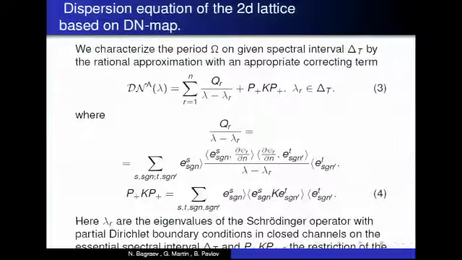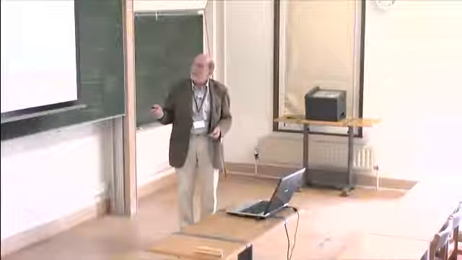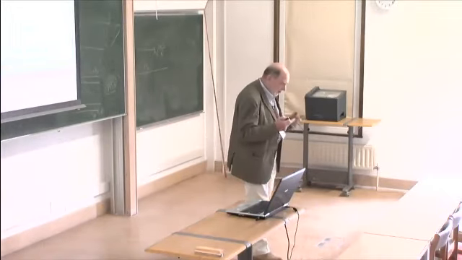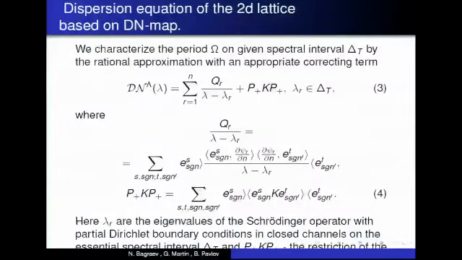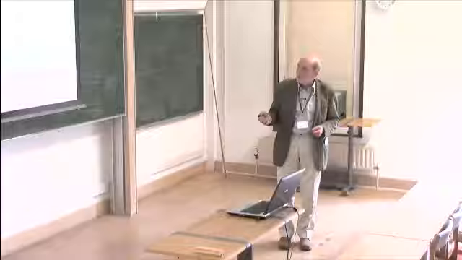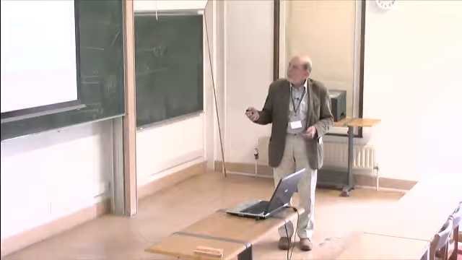We take the rational approximation of the classical Dirichlet-to-Neumann map near the Fermi level. So lambda r are several eigenvalues of the Schrödinger operator on the period, which are situated near the Fermi level of the material. This is the corresponding sum here. Q is formed of residues which are combined of eigenfunctions, of the normal derivatives of eigenfunctions on the bottom sections. Here is the remaining part, which can also